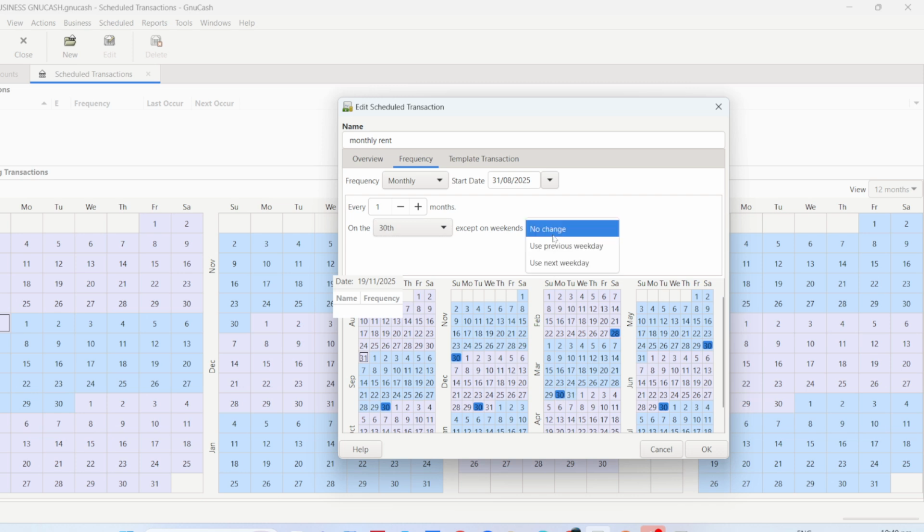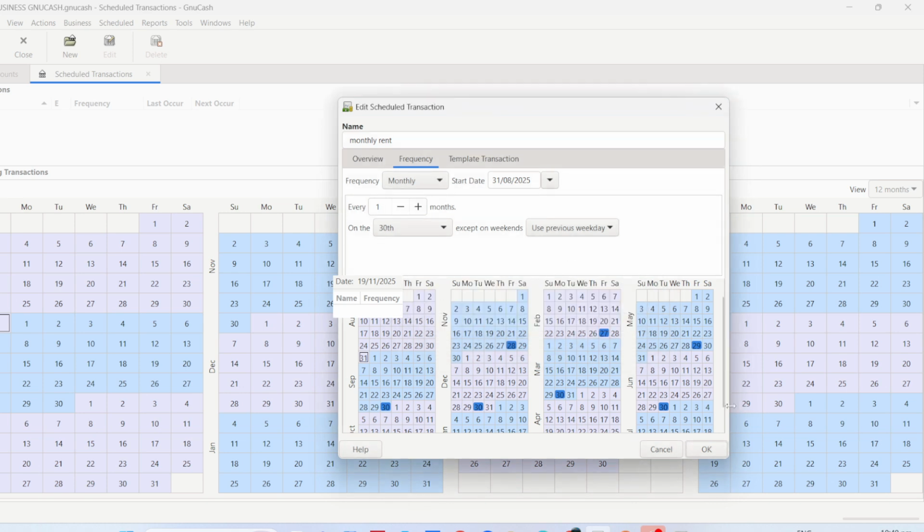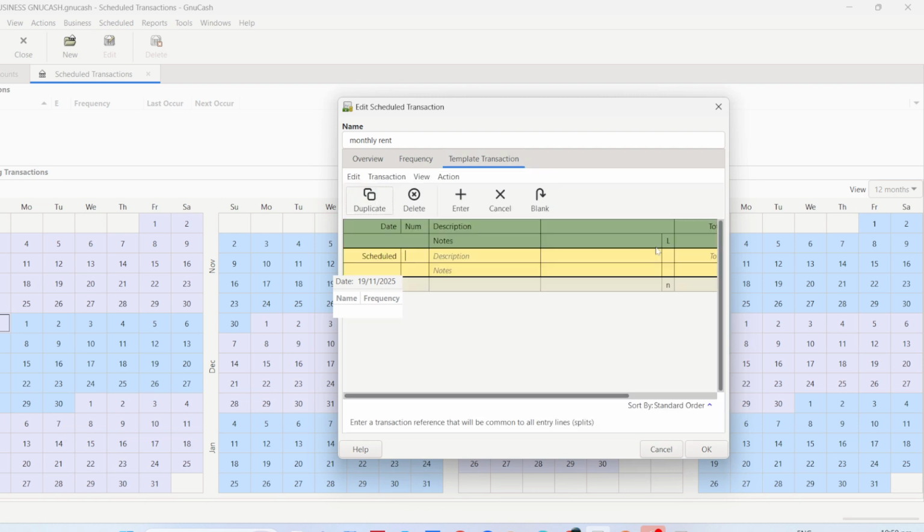With all that information correctly entered, you're ready to save your schedule. You'll see an OK or Save button in the editor. Clicking this will finalize everything you've set up. Once you hit Save, your transaction will either auto-generate or act as a reminder based on the specifics of your settings. This ensures that your financial activities are on track, preserving peace of mind and eliminating the risk of forgetting